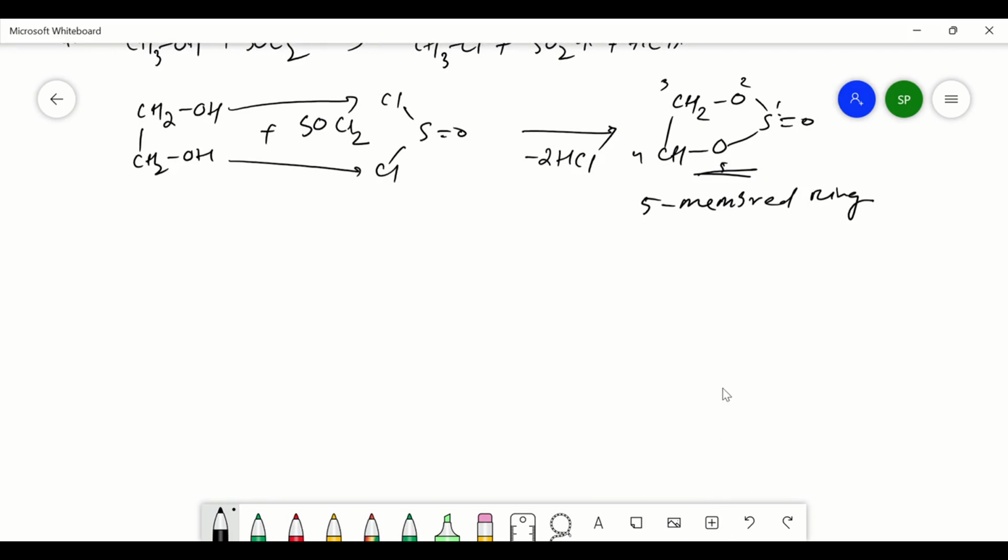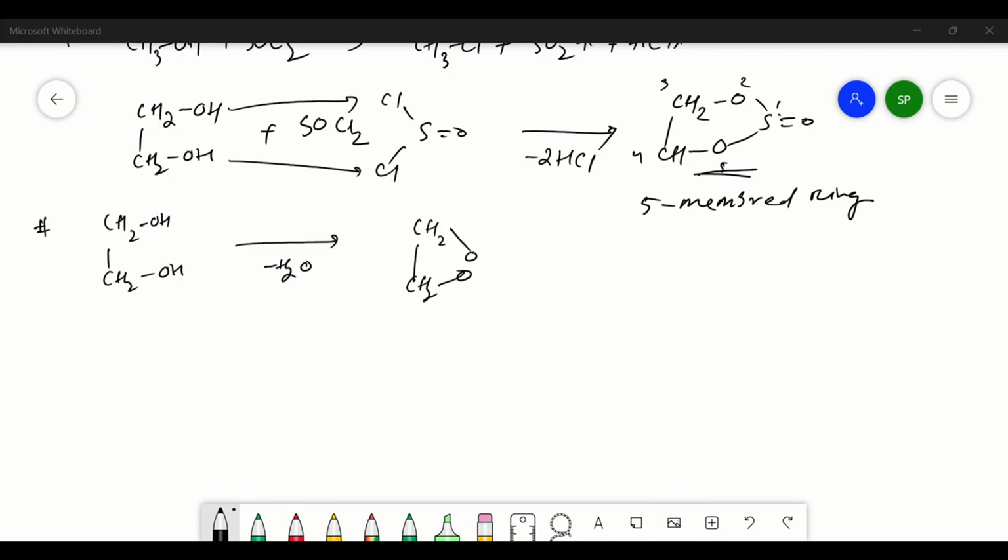Then we will go to the dehydration of diols. As we have seen, by hydrolysis of epoxides there is formation of diols. So if we dehydrate, like CH2OH, if there is dehydration, minus H2O, there will be formation of epoxide. There is no specific reagent used for this, but